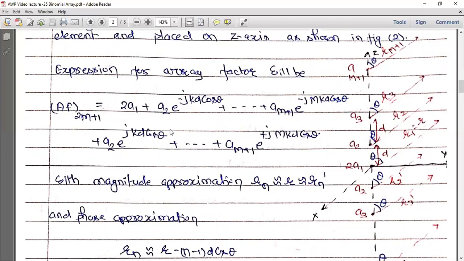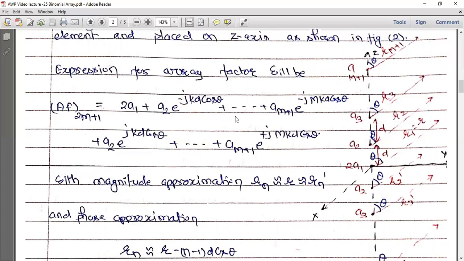Z is the position of the element. So the first element is placed at origin. That's why z equals 0. When you substitute z equals 0, the first term in the array factor is just 2a1. For the second, you have a2 e to the power minus jkd cos theta. For the third, you have a3 e to the power minus jk 2d cos theta, and so on and so on,